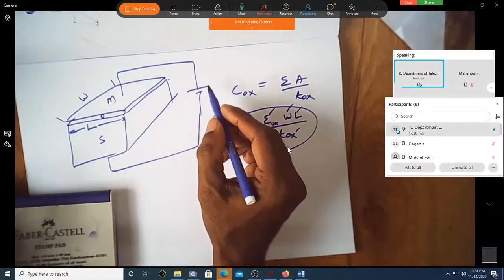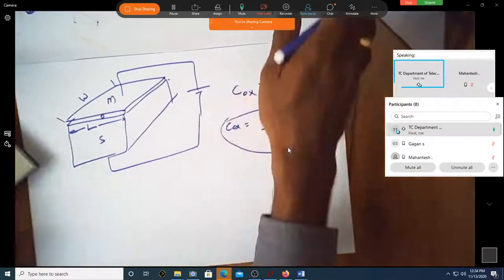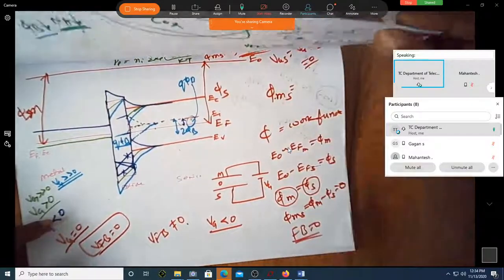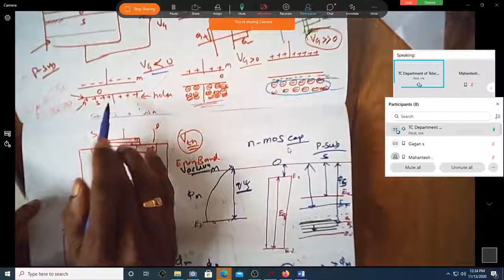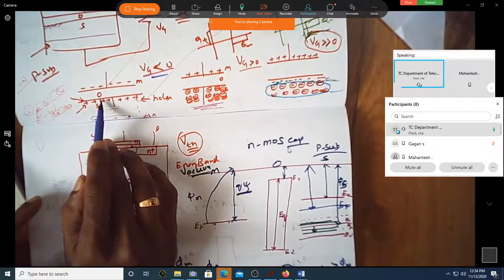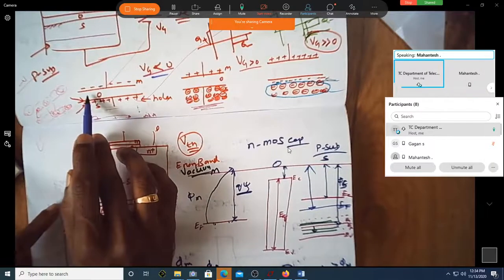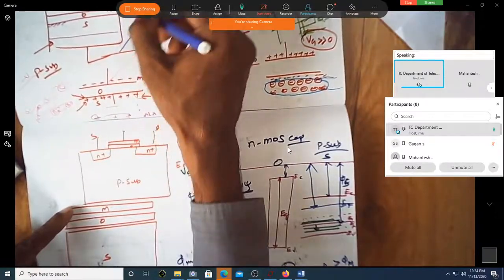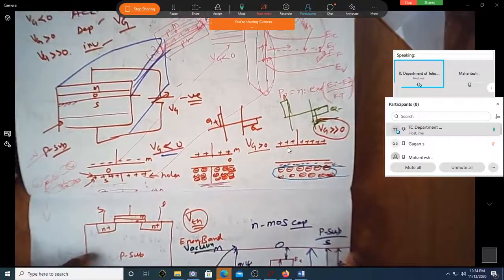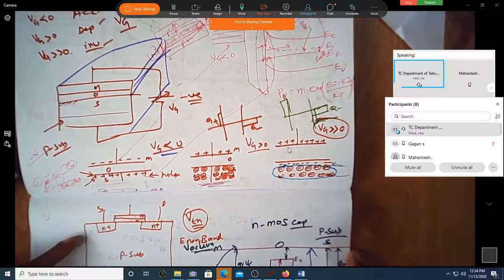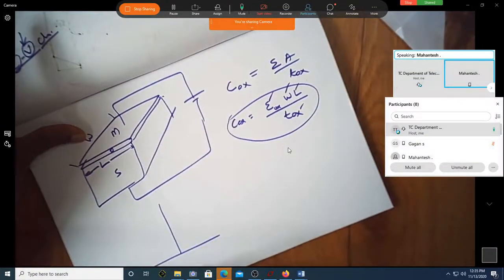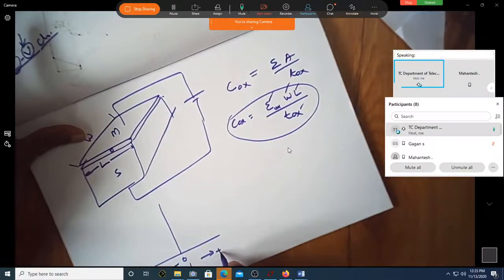Now when I apply some negative voltage, do we have this kind of operation, minus and plus? Is it due to the physical capacitance of this MOS cap, because of the physical structure? So if I write the CV characteristics, this is voltage, let me say Vg, this is 0, this is less than 0, this is negative, this is positive.